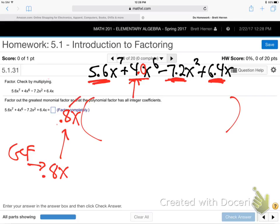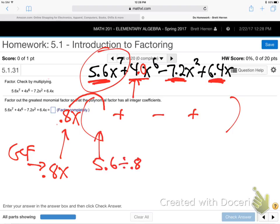0.8x times what? Right, we're going to have 4 numbers in here. 0.8x times what? We'll go back to 5.6. Well, if you're not sure, let me help. Take 5.6 on your calculator and just divide by the 0.8. If you're wondering what multiplies, divide. Divide will tell you what multiplies, because dividing is the opposite, right? So if you just take 5.6 and divide it by the 0.8,